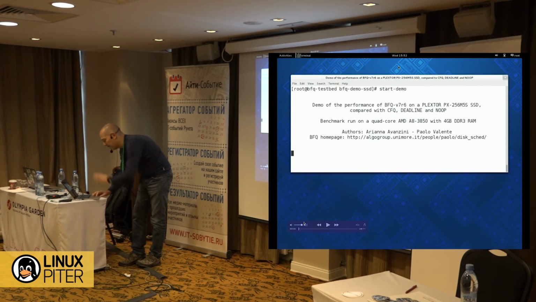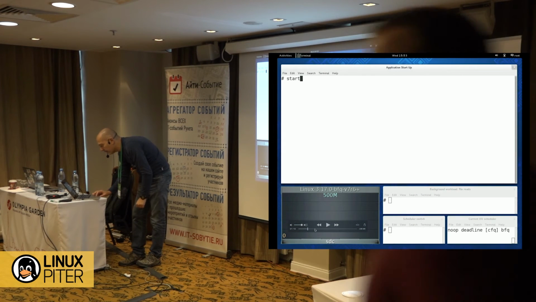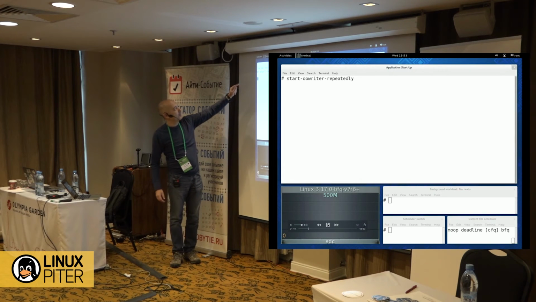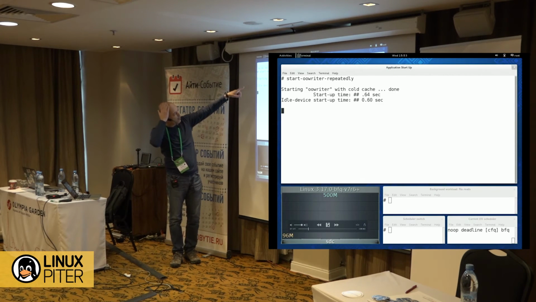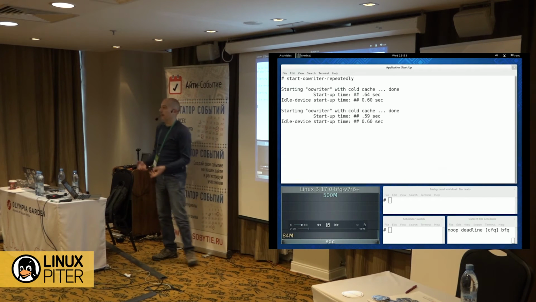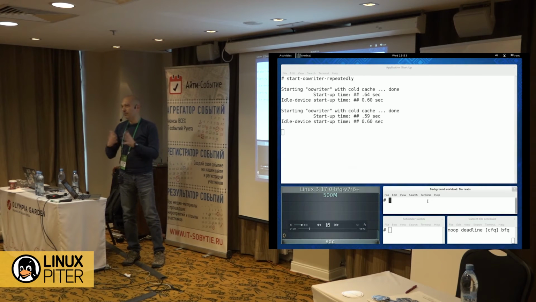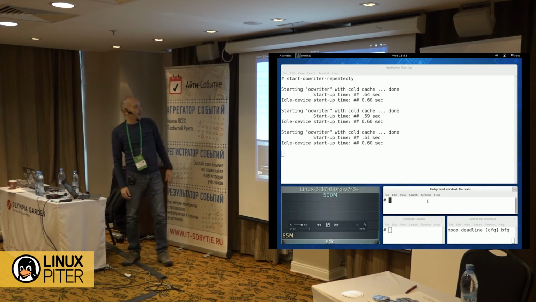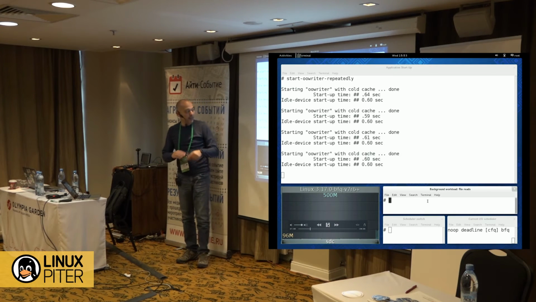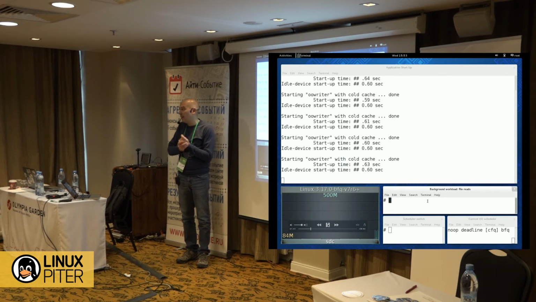With an SSD, now let me skip everything and go directly to the results. Exactly the same test, apart from that we'll start LibreOffice Writer, because it takes more time. Otherwise, with the terminal in the idle case, you almost don't see anything. 0.6 when the device is idle, with CFQ as scheduler. In a moment, what do you say? Will it be twice or 3 times the idle time? What's your bet?